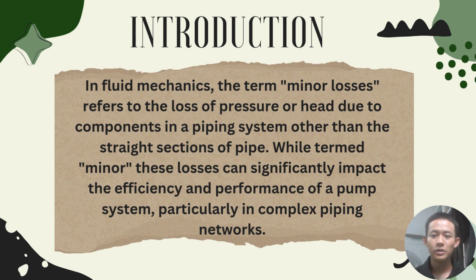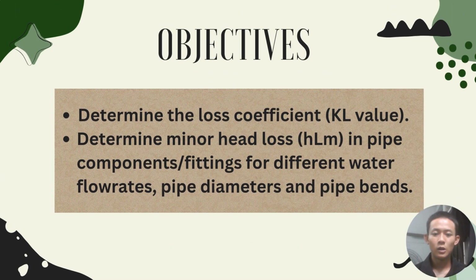The introduction for this experiment: in fluid mechanics, the term minor losses refers to the loss of pressure or head due to components in a piping system other than the straight sections of pipe. While termed minor, these losses can significantly impact the efficiency and performance of a pump system, particularly in complex piping networks. The objectives for this experiment are, first, to determine the loss coefficient, which is the KL value, and second, to determine minor head losses in pipe components or fittings for different water flow rates, pipe diameters,